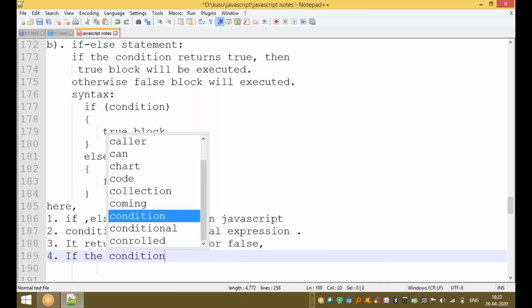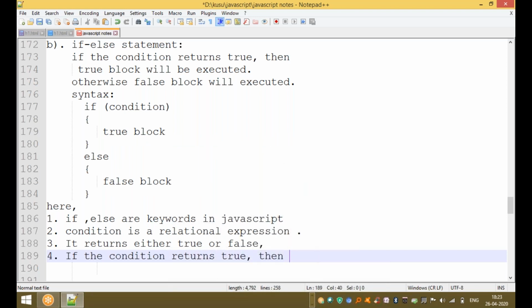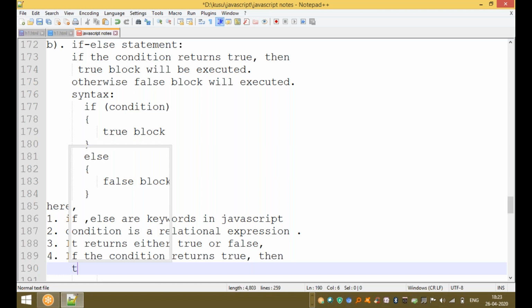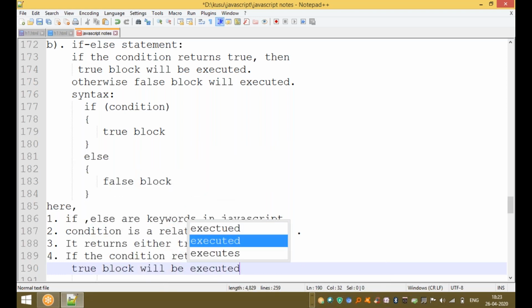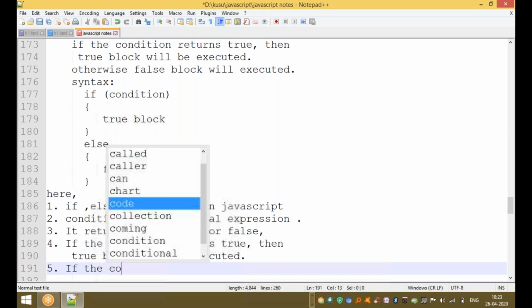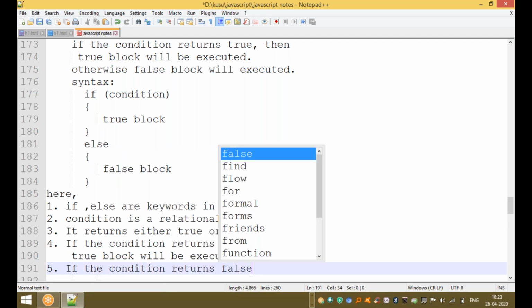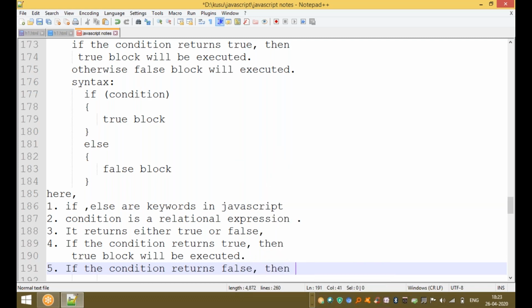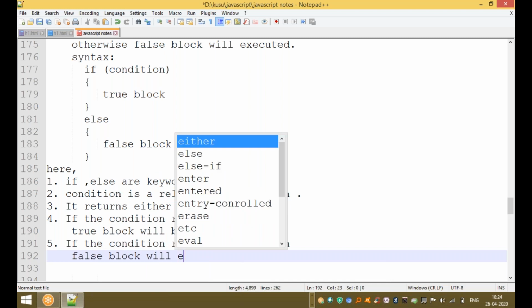If the condition returns true, then the true block will be executed. Clear up to here, all of you. And the next one: if the condition returns false, not true, then the false block will be executed.